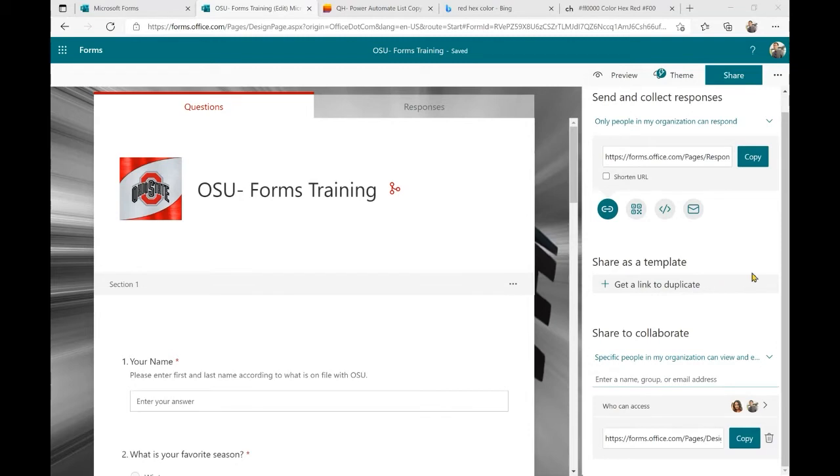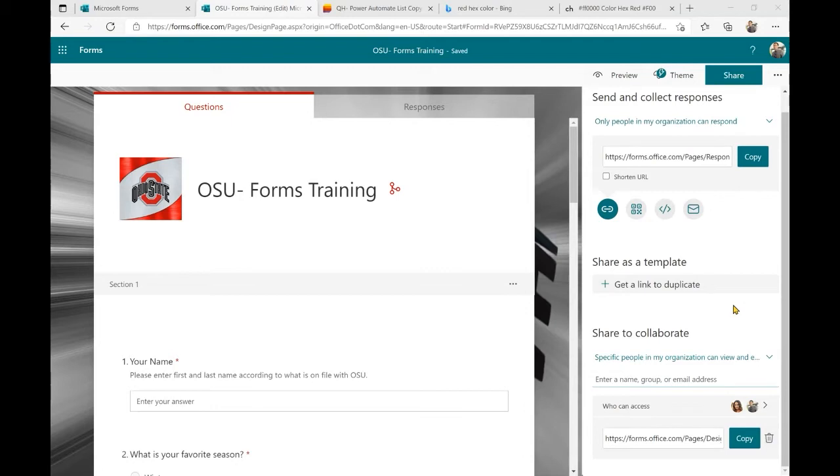Let's see, it looks like we have another question. How can you share with a Teams group? I hope maybe what I just showed explains that, but I'll go into a few more extra things here in just a moment. Are you able to launch the quiz or form in the middle of a Teams meeting and share the results in real time?